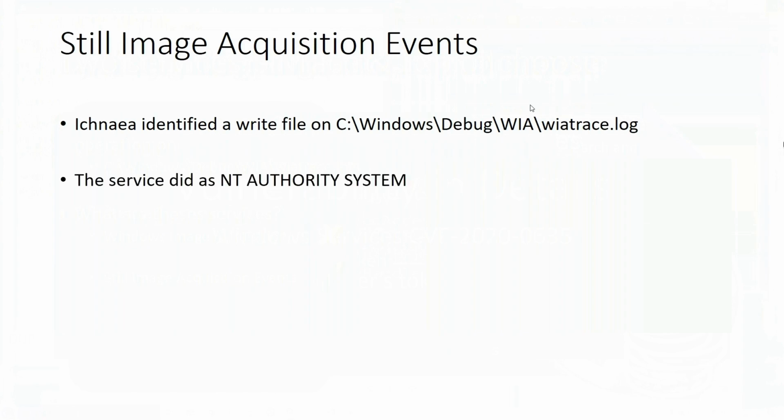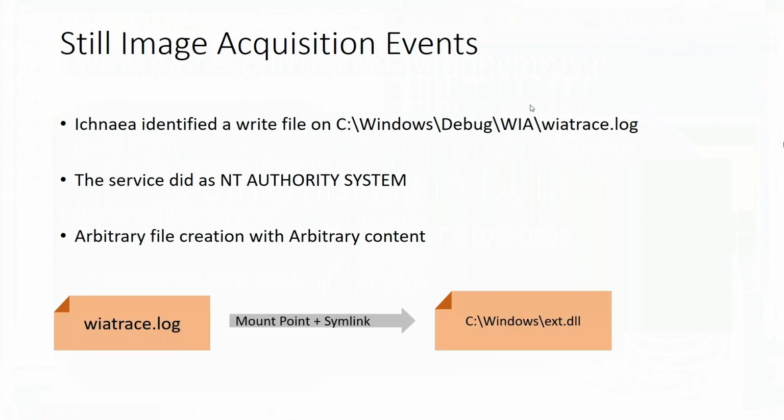Now, the write operation was done with anti-authority system, which is very good for us. And in this case, I was able to do arbitrary file creation with arbitrary content, which is basically, in other words, full privilege escalation. So from creating a mount point and a symlink on WER tracelog on C Windows XT DLL, whenever the service wrote to this tracelog, which is a pretty easy thing to do, this file will be created, and we actually have